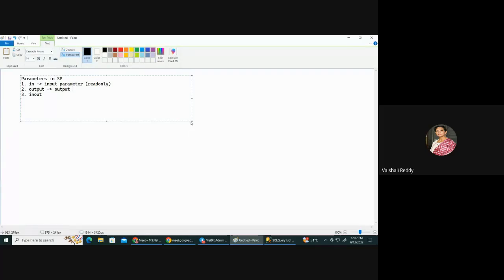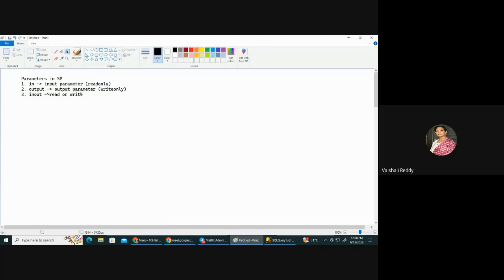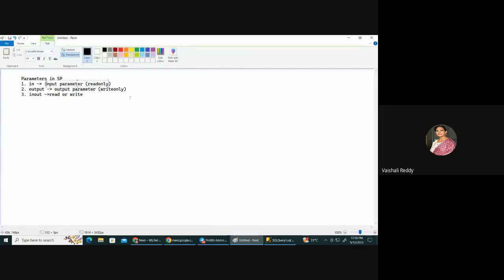मतलब स्टोर्ड प्रोसीजर से मुझे रिजल्ट बाहर लेना है, उसके लिए आउटपुट पैरामीटर कॉन्सेप्ट यूज होता है। ठीक है, so this is called a write only parameter, and in out is both read and write, दोनों रीड और राइट के लिए यूज होता है। ठीक है, ये समझ में आया सबको, रीड और राइट? तो अभी हमने ये वाला देखा है, कुछ नहीं लिखेंगे तो इन पैरामीटर होता है।